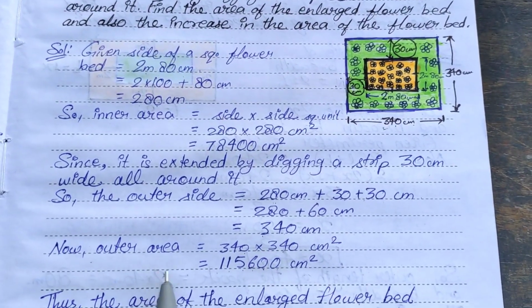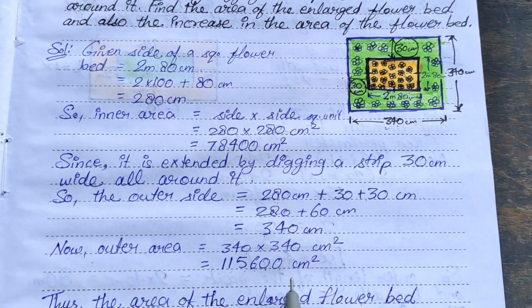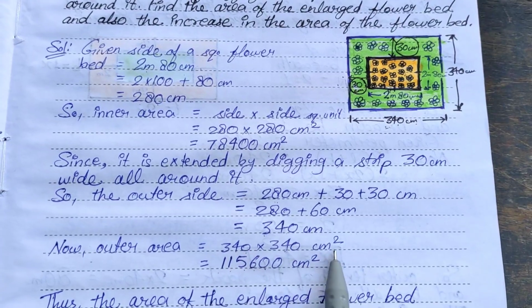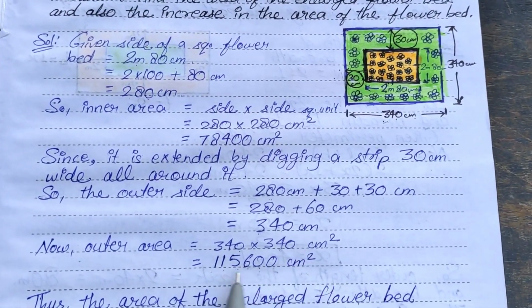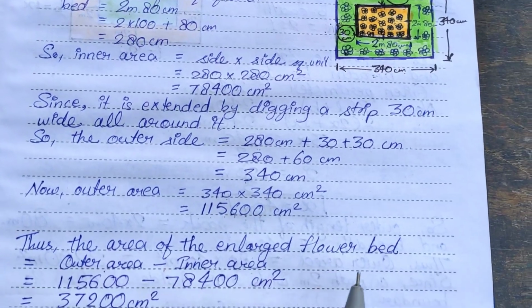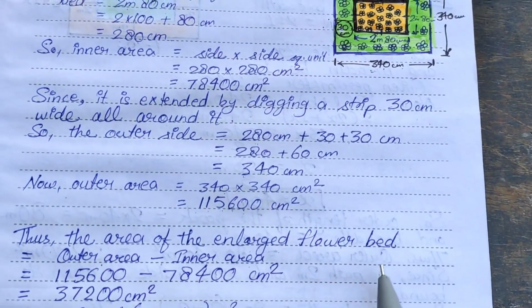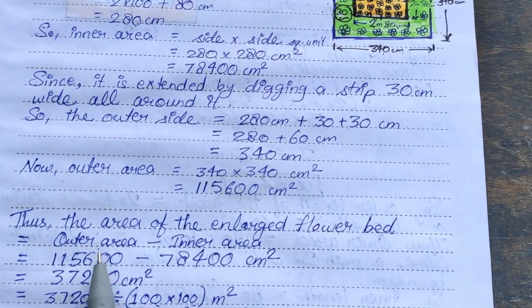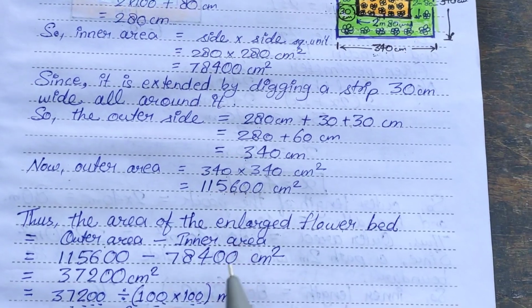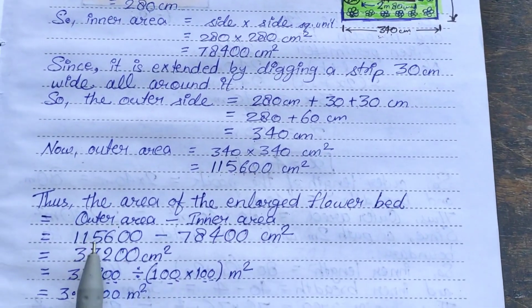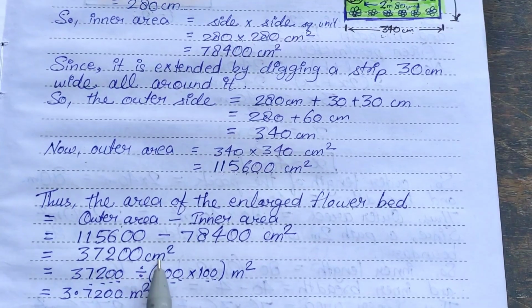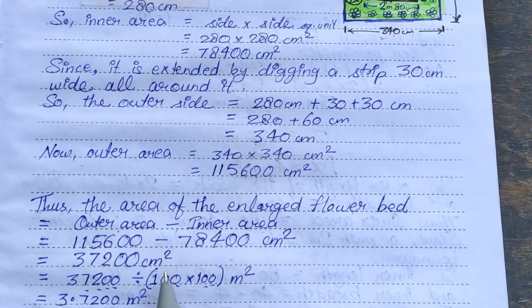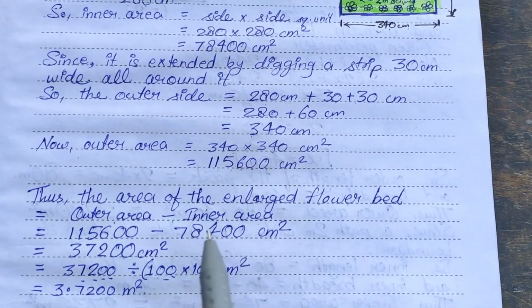Now the total area, or say the outer area, goes like side into side, and we have 115,600 centimeter square as the total area. Now to find the area of the enlarged flower bed, we have outer area minus inner area. So subtract the inner area from the outer area, and we have 37200 centimeter square. Now converting it into meter,